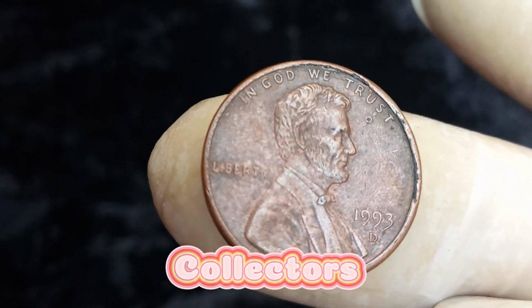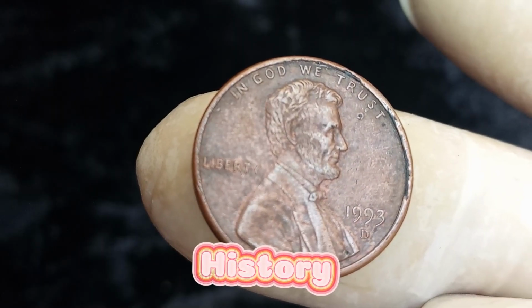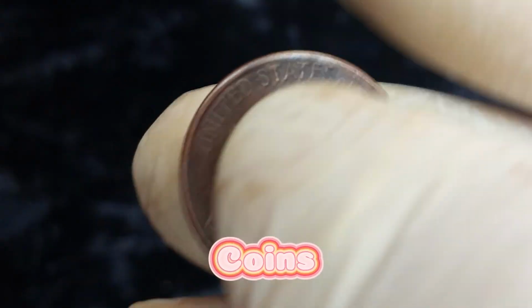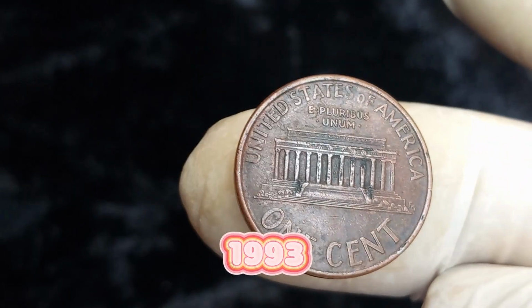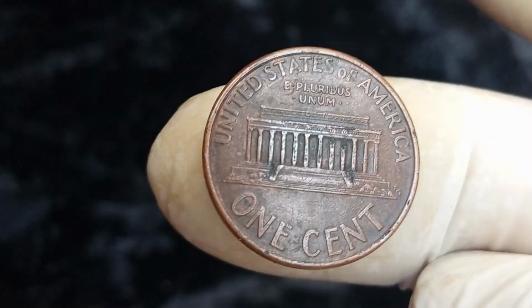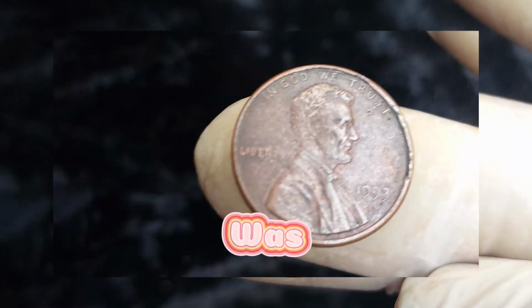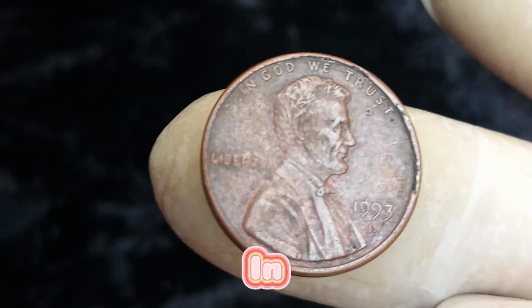It's not just collectors anymore. Investors, history buffs, and even celebrities are now entering the market for rare American coins. But the 1993 penny has a deeper significance. 1993 was a year of transition. Bill Clinton was sworn in as president. The digital age was taking shape. Yet in the coin world,